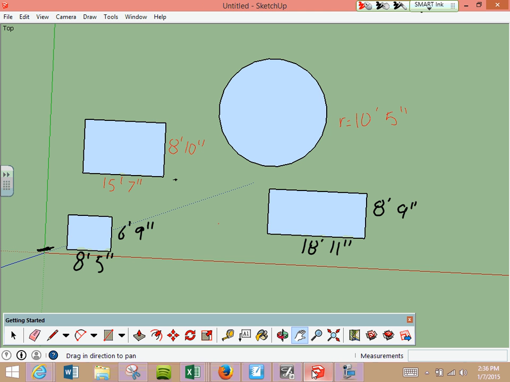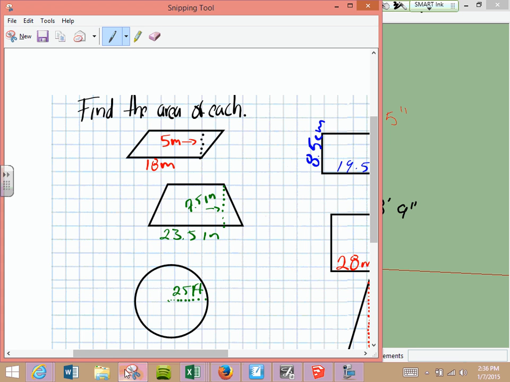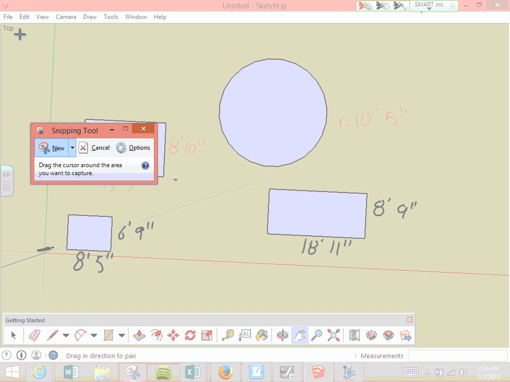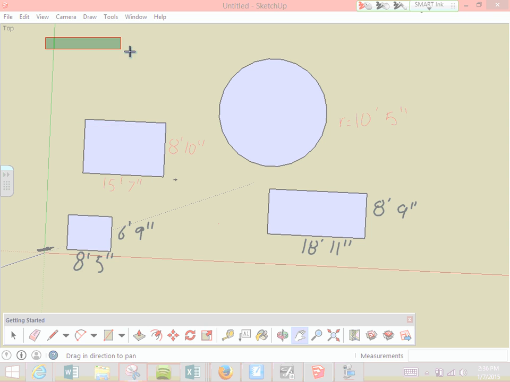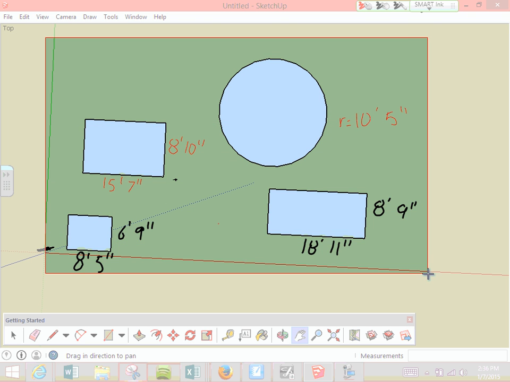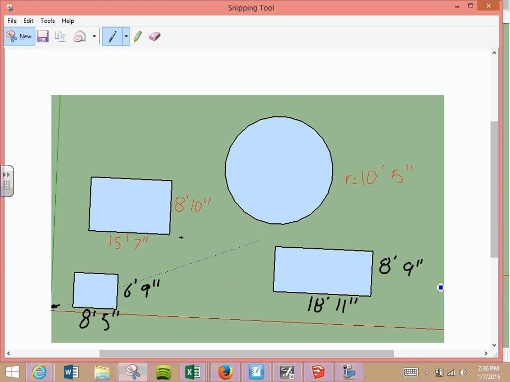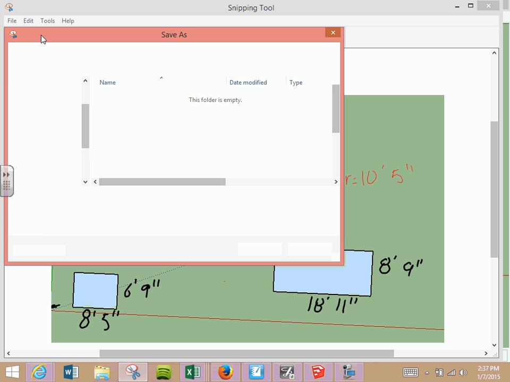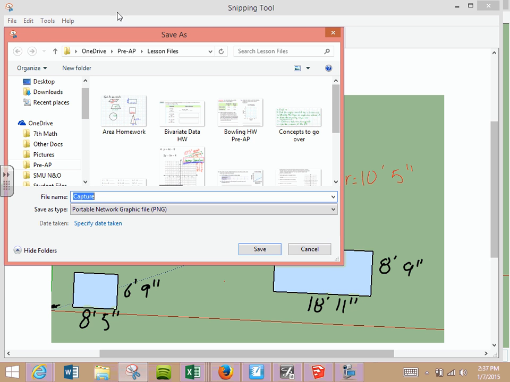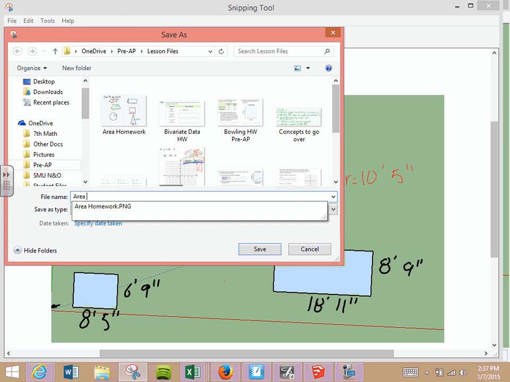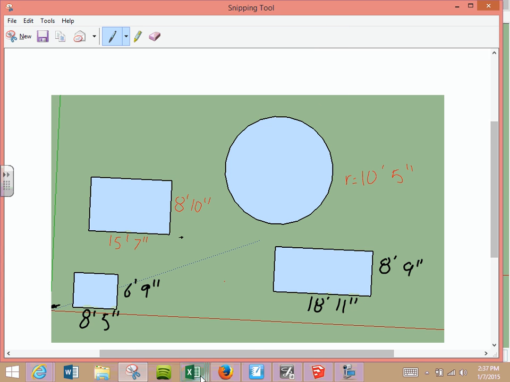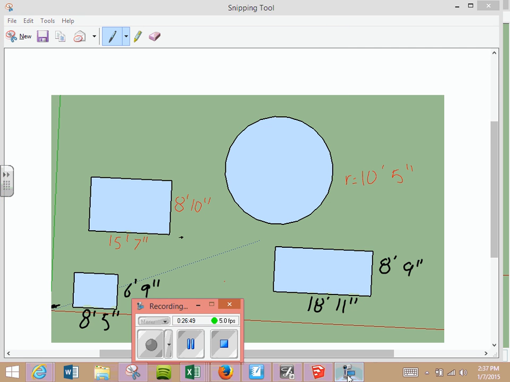So I'm going to take a little picture of this. No, it's already there. You do not have to redo the one at the very corner. You just did it. Area is one of the easiest things ever. All right, that's going to be all for